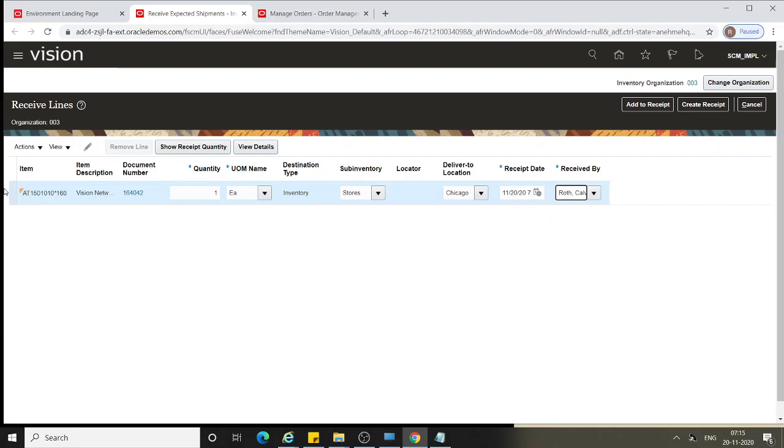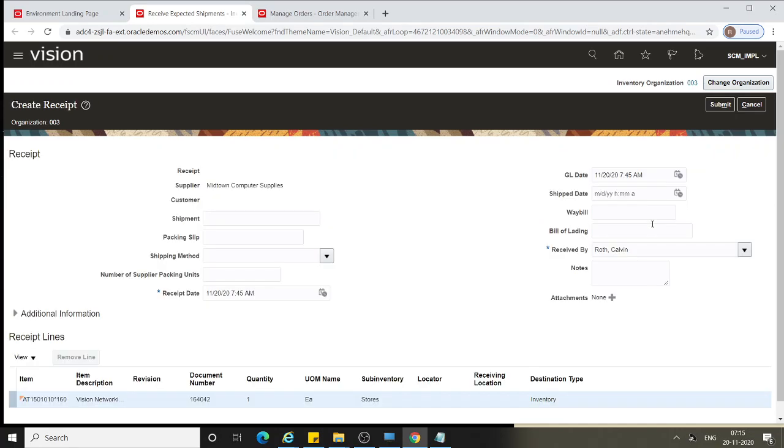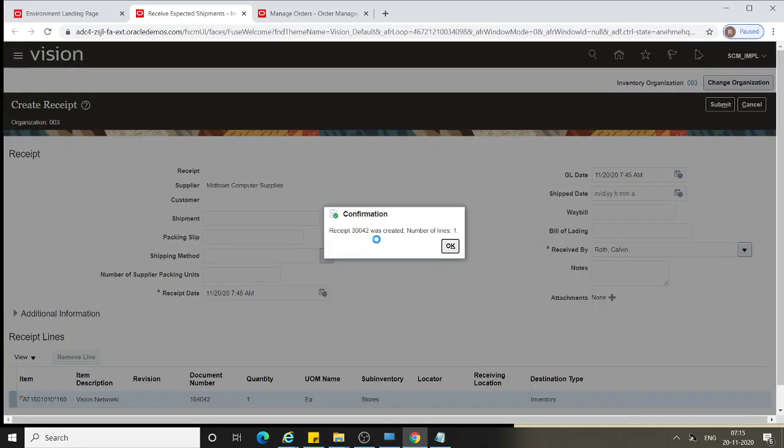Now we will click on create receipt and click on submit.